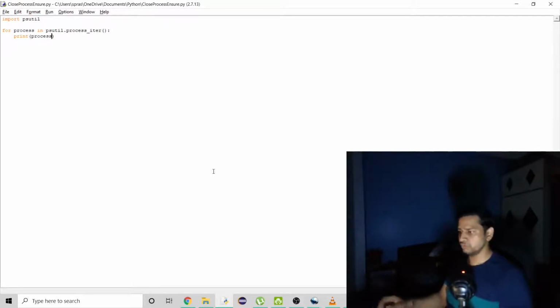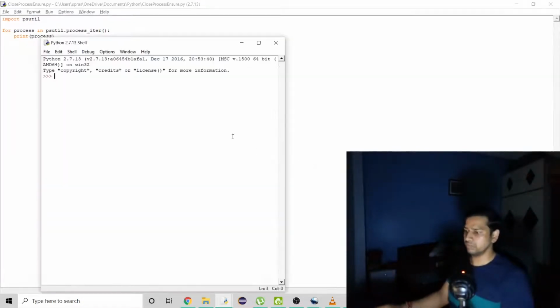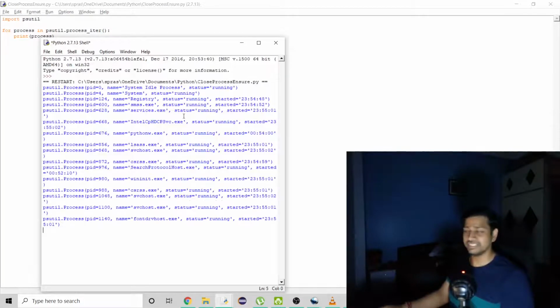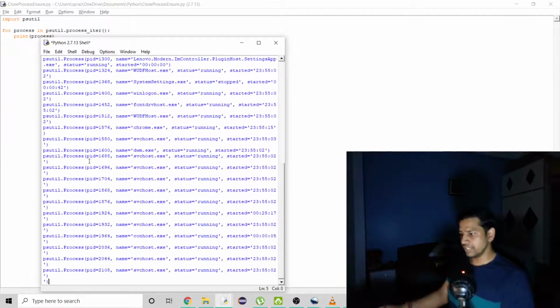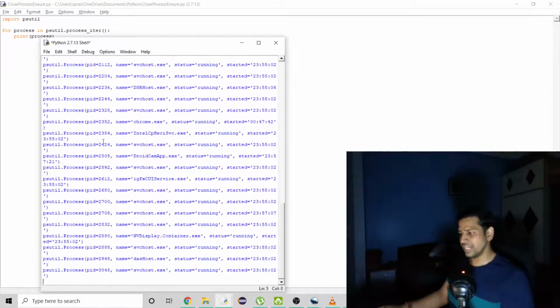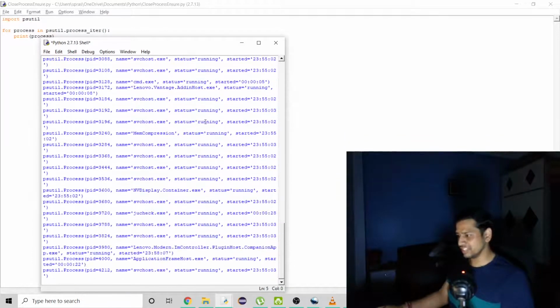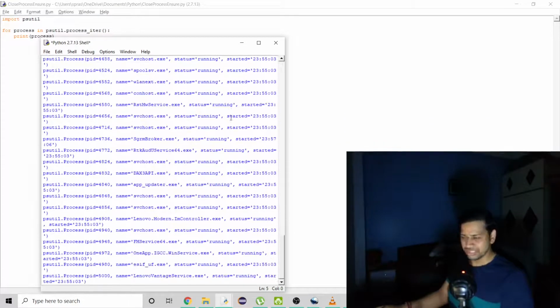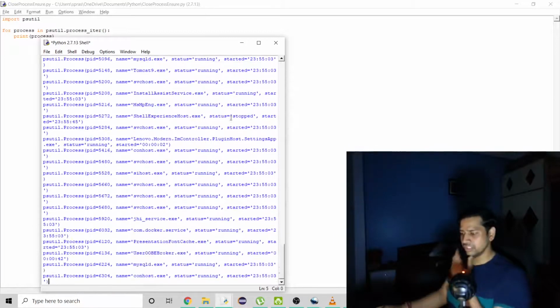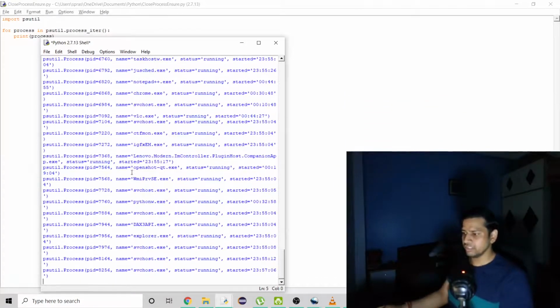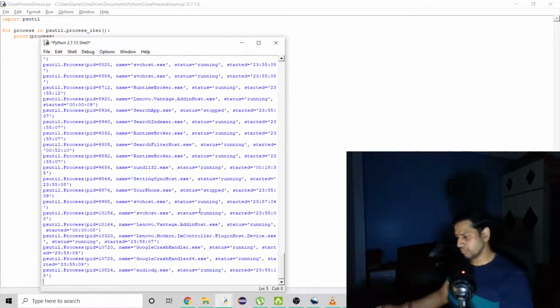When you do, you will see a whole lot of applications running and printing here. Here you can see PID, name, status, and started, all sorts of information, but here we only need name, which is again a method.